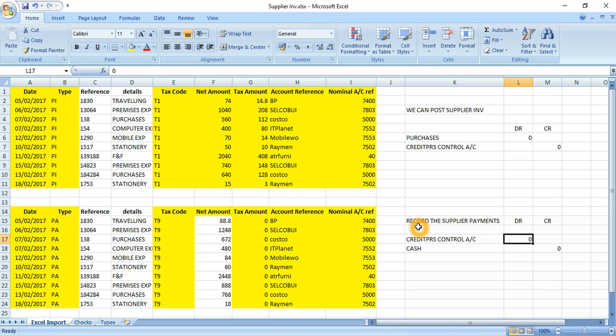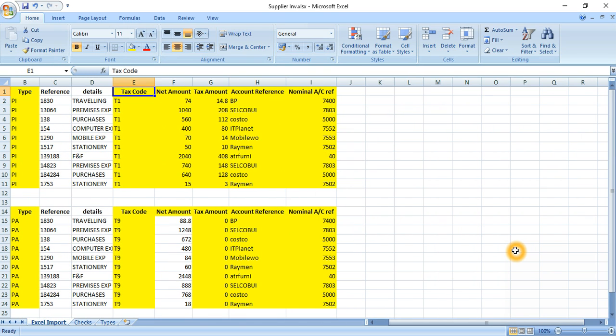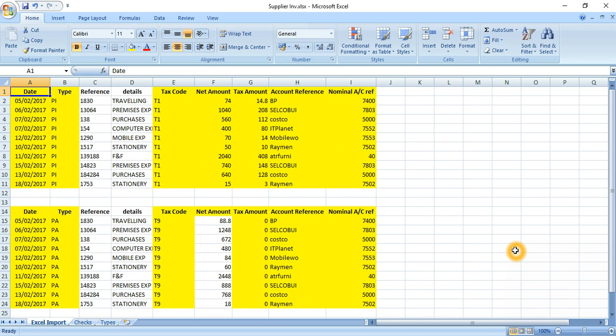Okay, so that's it. I hope you understand this bit, because this is very important: in the first section Sage will post this double entry, which is purchases debit and creditors control account credit, and in the second bit Sage is going to make the payment, which is creditors control account debit and cash credit. So I will just remove these two bits, gone, and that's it. Okay, the next bit is